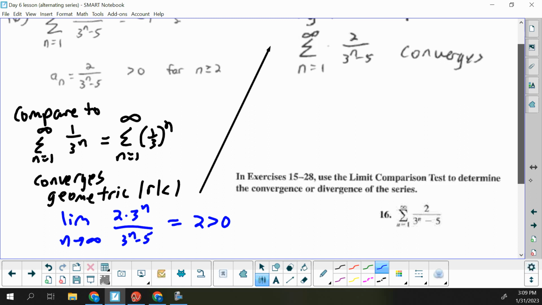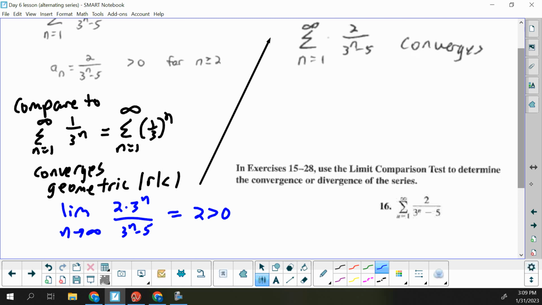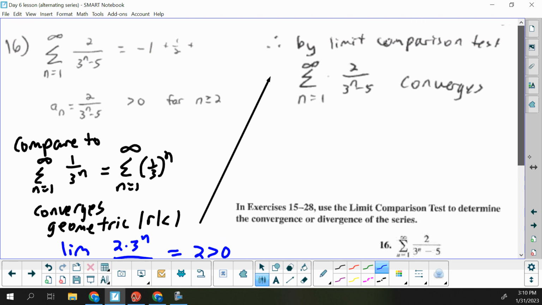So if we do our limit comparison test, dividing our original and the 1 over 3 to the n, keep change flip makes the 3 to the n go on top. As n goes to infinity, that minus 5 isn't going to do anything. So we essentially have 2 times 3 to the n over 3 to the n, so it's really 2 over 1, so that's approaching 2, which is a positive finite value. So that means that our original series will do the same as our nice series. We already showed the nice series converged, so we just say by limit comparison test, write that original series and